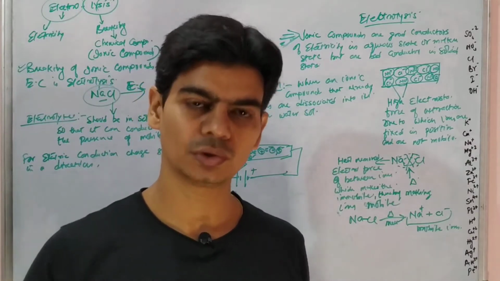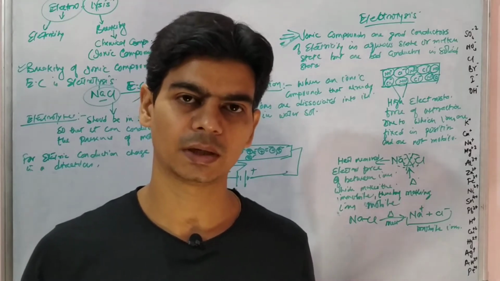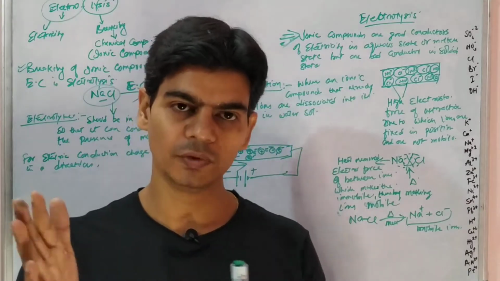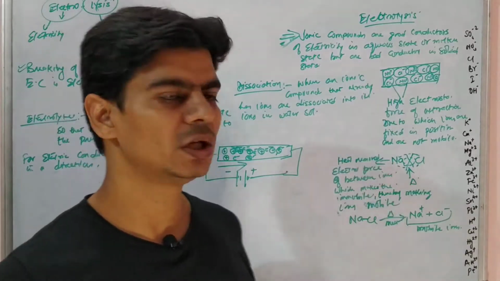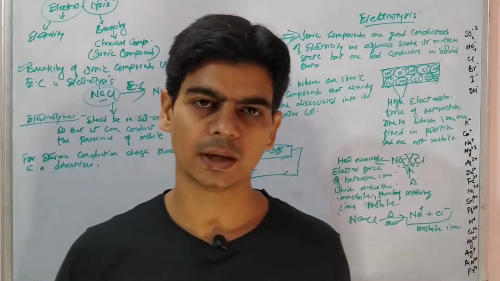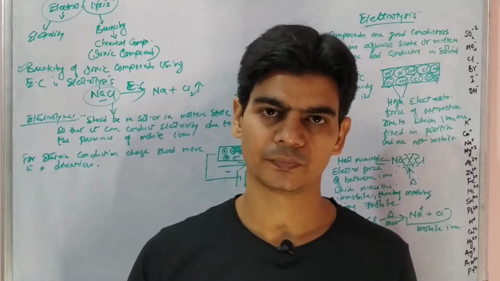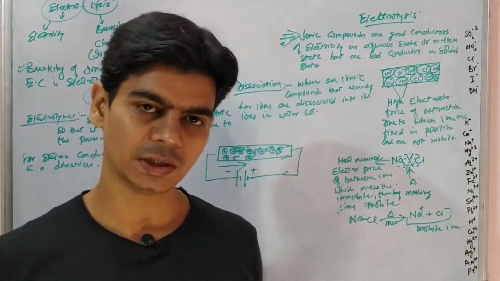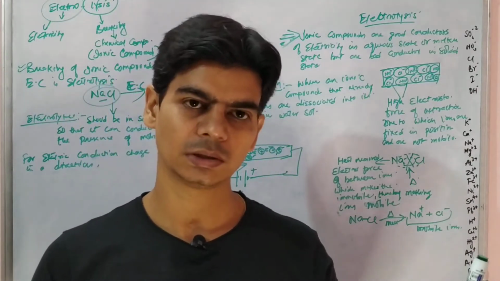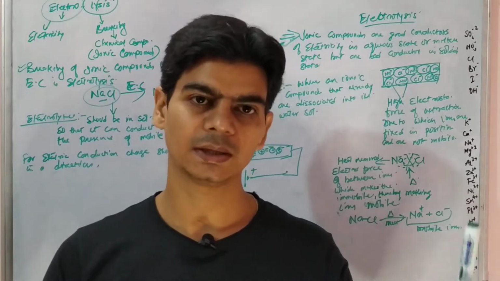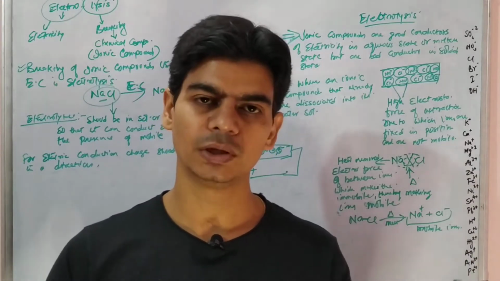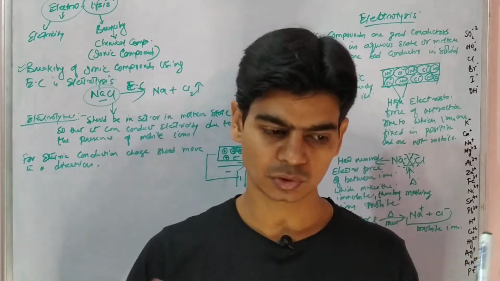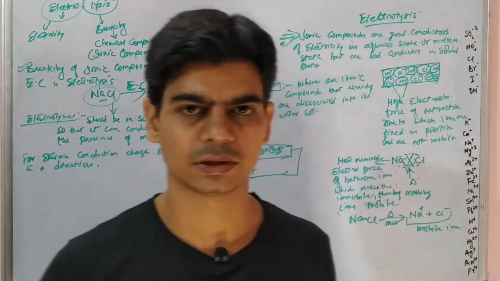But when we apply an electric current, or pass electric current, through the solution of an electrovalent compound, these ions will start moving in specific directions, that is, the positive sodium ion and the negative chloride ion will start moving in specific directions, due to which electric current will start flowing. So here also we have achieved directional flow of charge. The positive charge and the negative charge, that is the positive ion cation and negative ion anion, will start moving in specific directions. That is how this electrolyte, or solution of an electrovalent compound, will start conducting electricity.